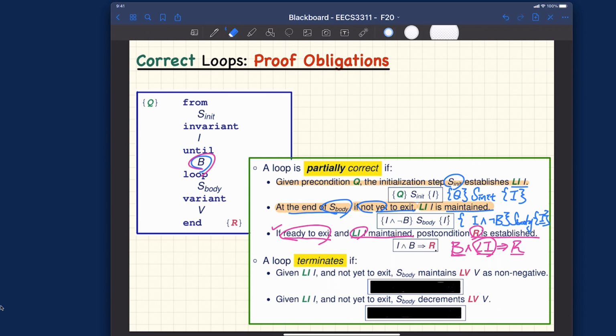Okay, we got two more. So far we are really talking about partial correctness. You can think about all these three as being about partial correctness. Let's talk about termination in order to argue for total correctness. The first one,